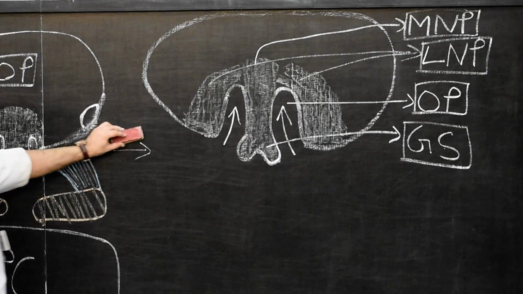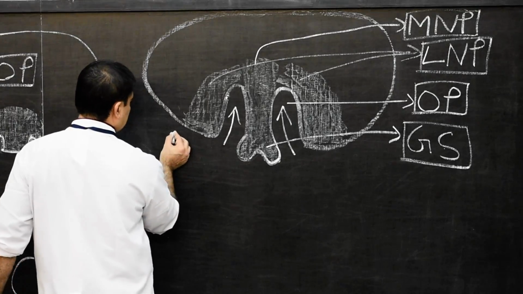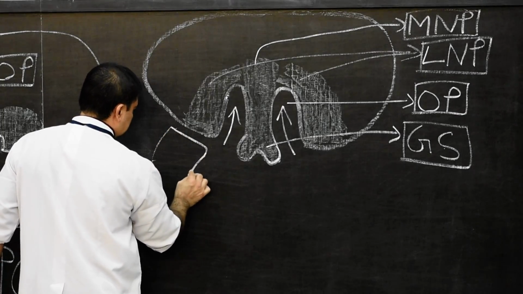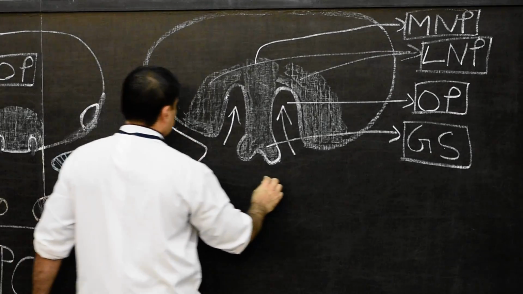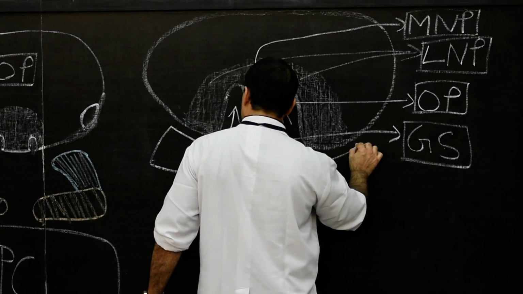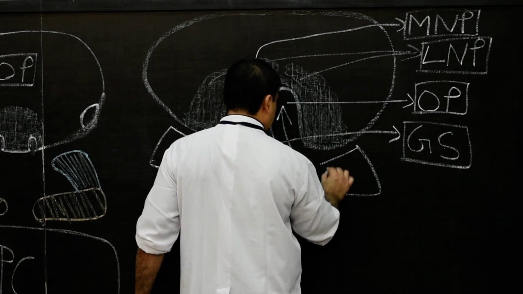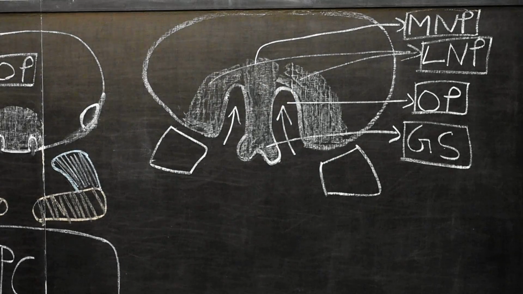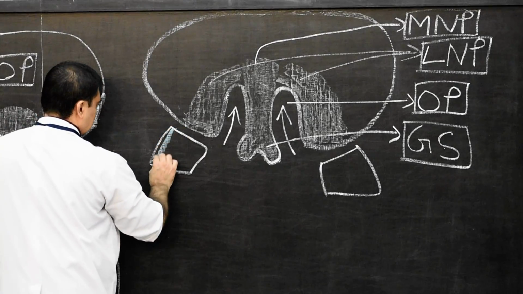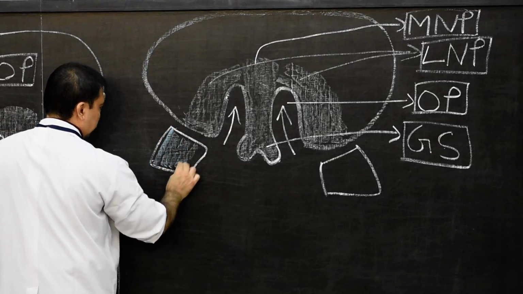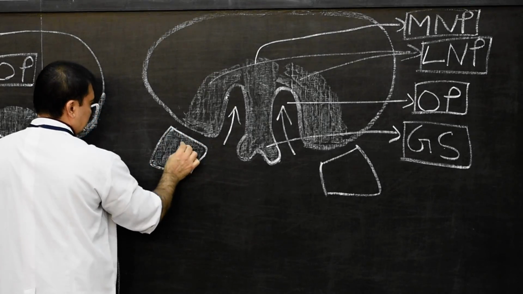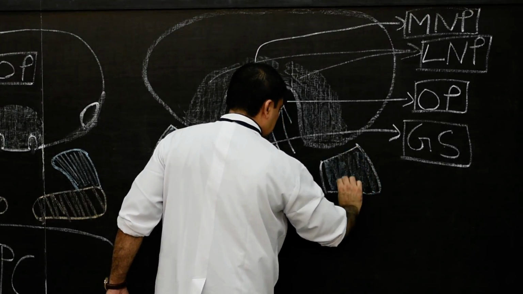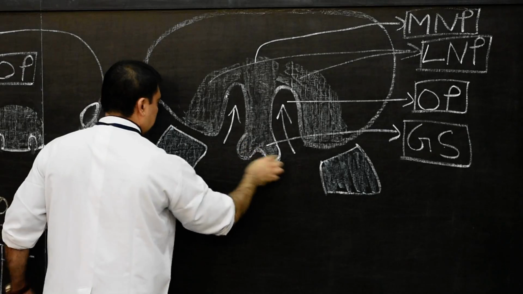So if I just draw here at this level, I will show the maxillary process. Here you show this maxillary process at this level. Same way over here, we will show the entire maxillary process. And we will give color to this maxillary process. This is our maxillary process. So in the next stage, it will join with the lateral nasal process. It will join with these two lateral nasal processes.